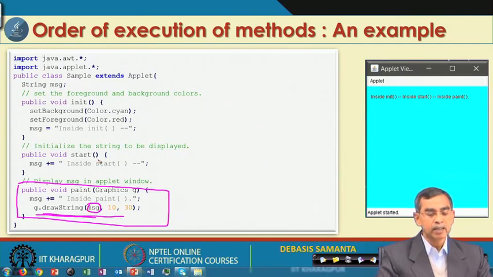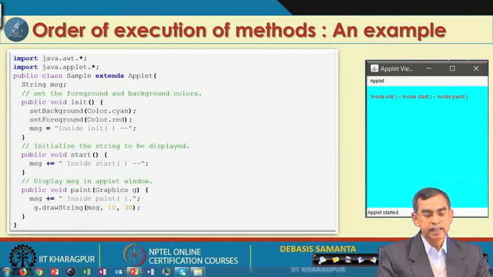Now, what is the message right now? Whenever it is initialized, the message is initially inside init, and then whenever start is executed, the same method appends to it, and finally, whenever paint is called, it is appended again and the message becomes inside init, then inside start and then inside paint.